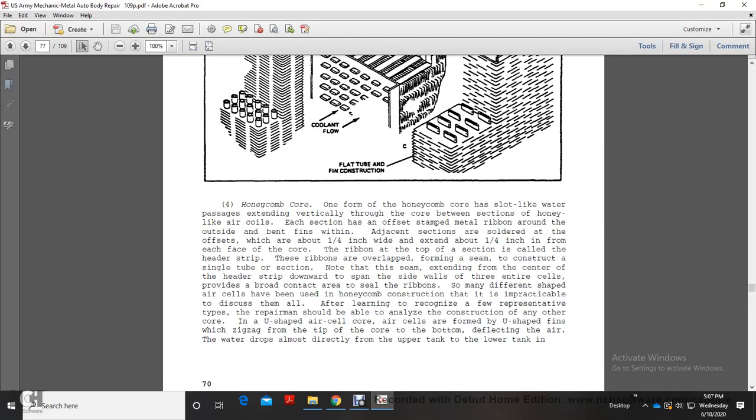Or your honeycomb core. One form of the honeycomb core has water passages extending vertically through the core. More sections of the honeycomb cool the air, like each section of the offset of the same metal ribbon around the outside, bent with wet fins within. Adjacent sections are offset, with the wear about 1/4 inch wide, with the extent of